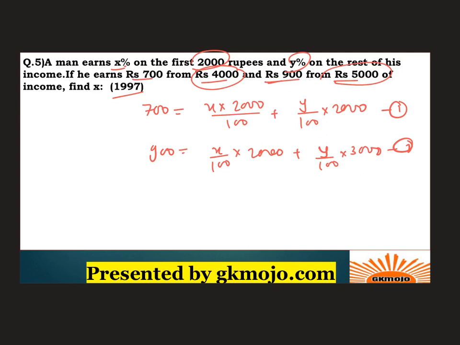So if you solve equations 1 and 2, I guess that would be an easy job for you. You will easily get Y equals 20 and X equals 15. All right, so basically you wanted to find X, so X equals 15. You have to just simultaneously solve equations 1 and 2, which I think is an easy job for you. It won't be a difficult part. The most difficult part was forming the equation. And once you understand this language, especially of the second sentence, forming the equation will also become easy. Alright. Now if such a question ever comes ahead, you will be aware. That is the advantage of solving previous year questions, because they are the most proper template for solving.